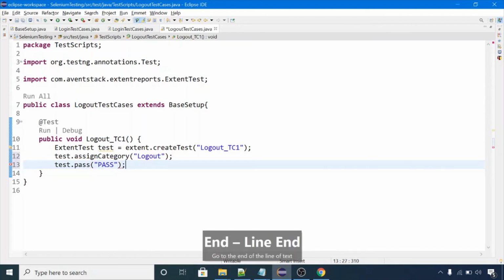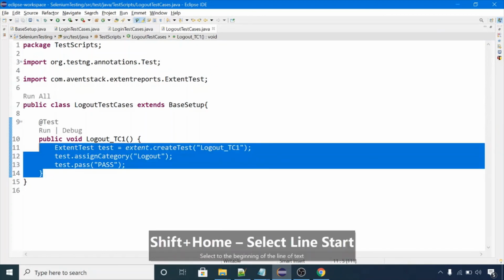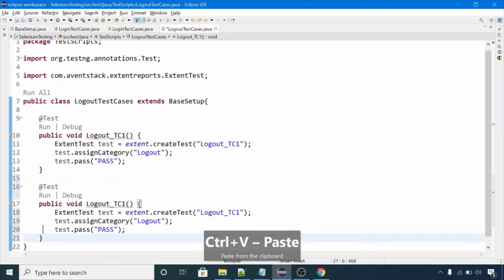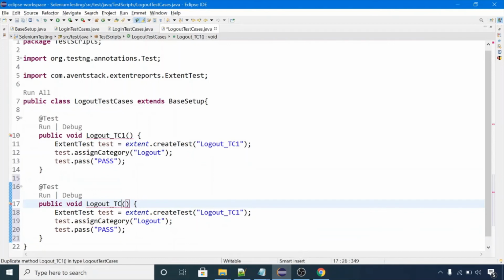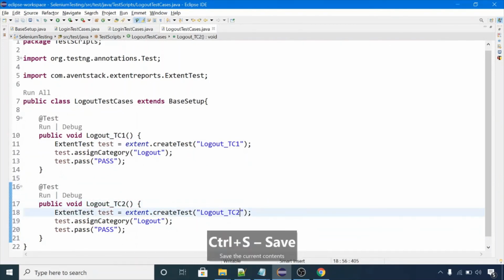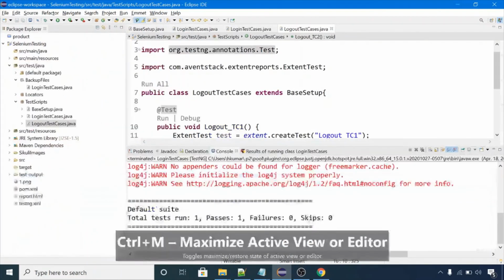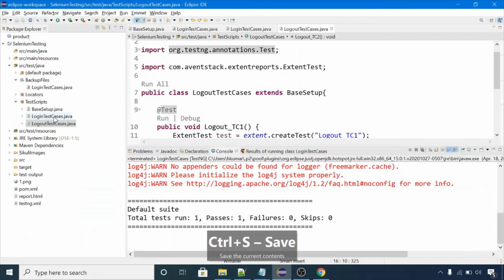Now we have two types of categories, login and logout. You can have more scenarios of logout, like logout test case 2. This test case also has the same category, logout. Now let me run these two scenarios, login test cases and logout test cases.